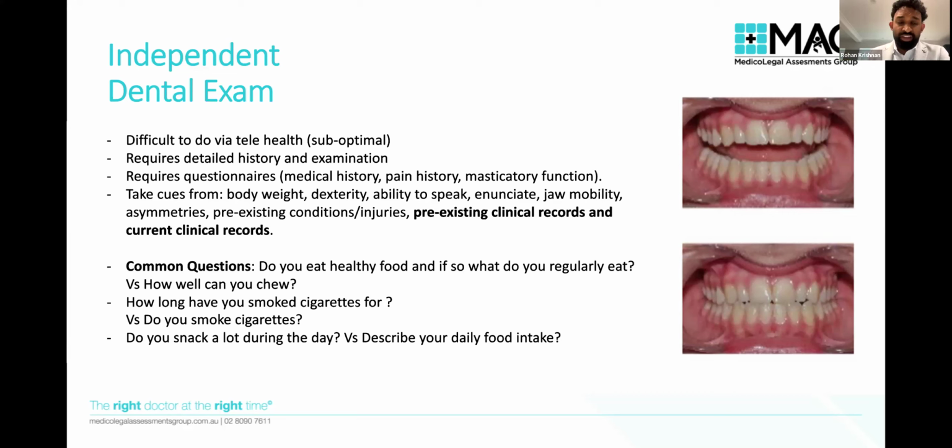Alternatively, in another case, we might have a patient or person that comes in with a diet history that says that they have a very healthy diet, yet they somehow have a BMI of 40. And when we observe them in the chair, we're able to see that what they're saying that they're eating doesn't necessarily correspond with how they present. So there are these cues that we can take from people.